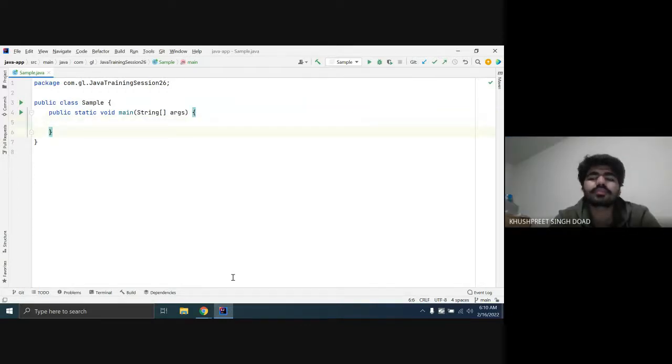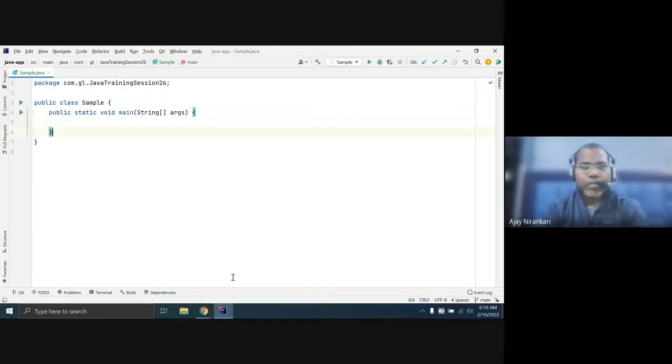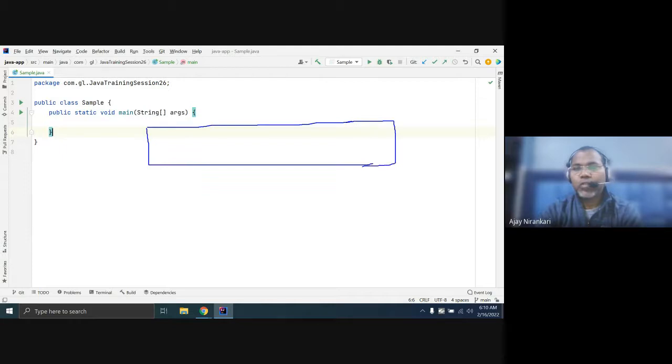Yes, sir. So, as per example, you have to check whether any given string is a palindrome or not. The logic I'm trying to explain is that whenever you have a string, a string is a kind of array of characters. So you have to check this first value with this last value.